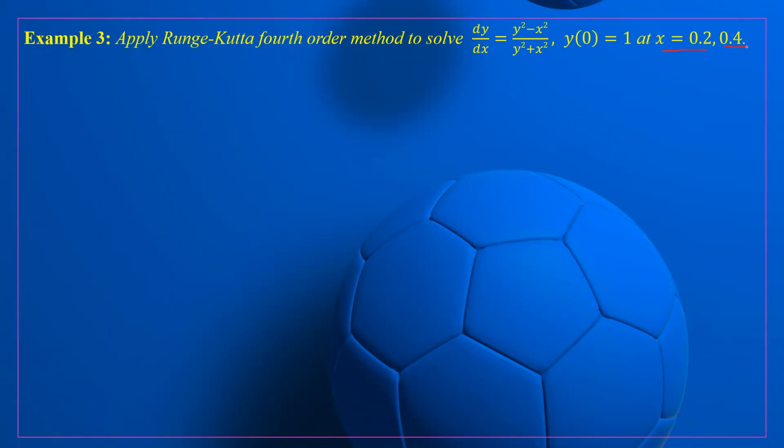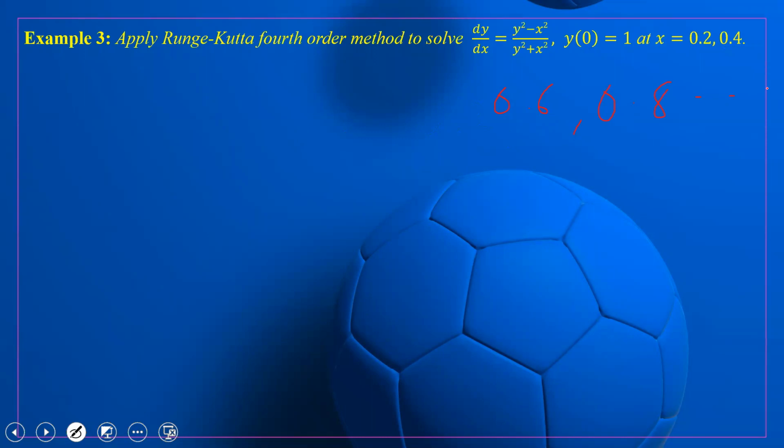x equal to 0.4. Now what is x0? x0 is 0, the second value is 0.2, the third value is 0.4. The common difference is 0.2 minus 0 or 0.4 minus 0.2, so h is equal to 0.2. So here we can take h is equal to 0.2. Similarly, we can also find the value at 0.6, 0.8, and so on. We are able to find out all the values, but we will use similar methods, similar iterations.